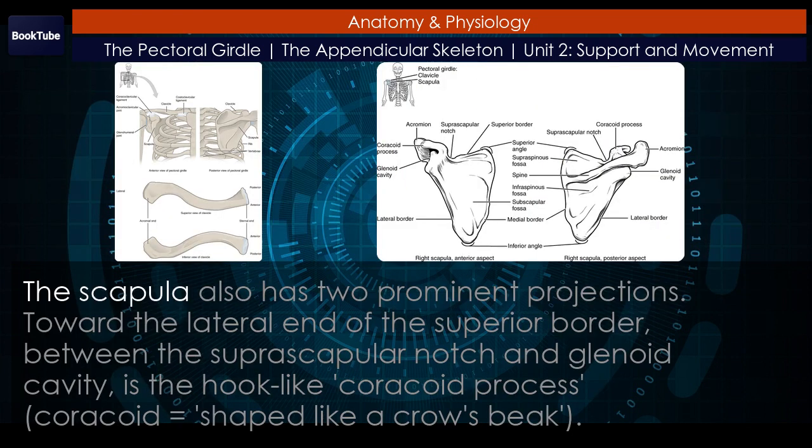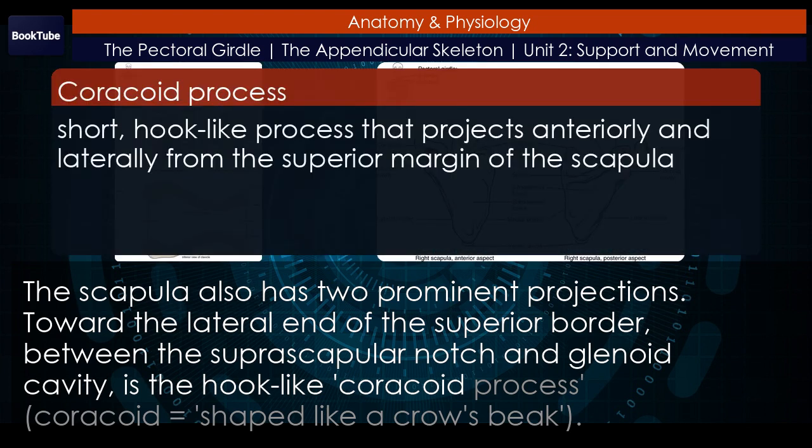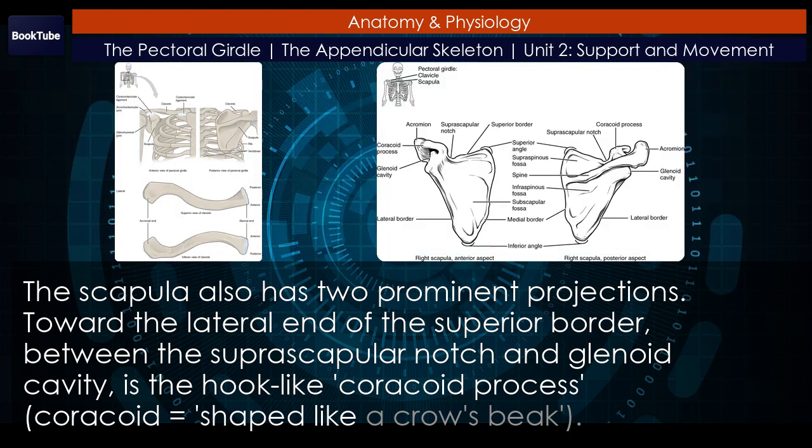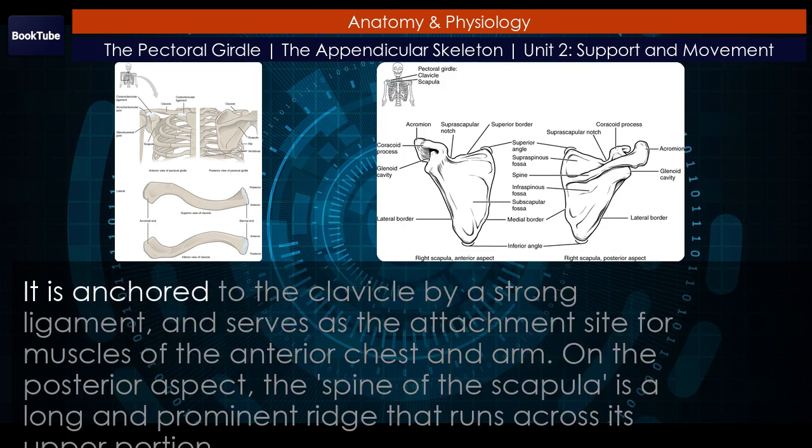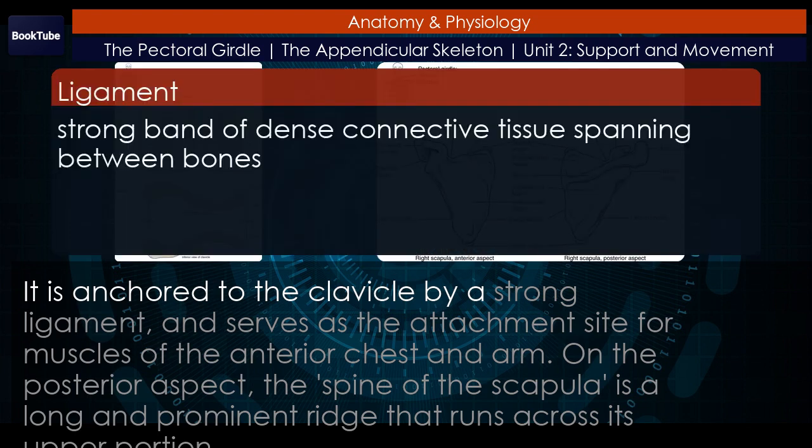The scapula also has two prominent projections toward the lateral end of the superior border. Between the suprascapular notch and glenoid cavity is the hook-like coracoid process. Coracoid equals shaped like a crow's beak. This process projects anteriorly and curves laterally. At the shoulder, the coracoid process is located inferior to the lateral end of the clavicle. It is anchored to the clavicle by a strong ligament, and serves as the attachment site for muscles of the